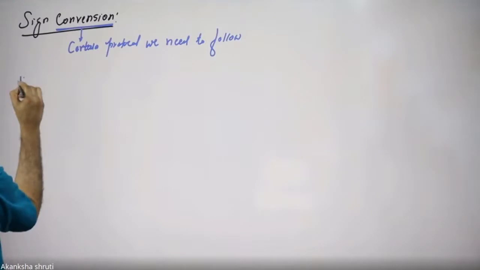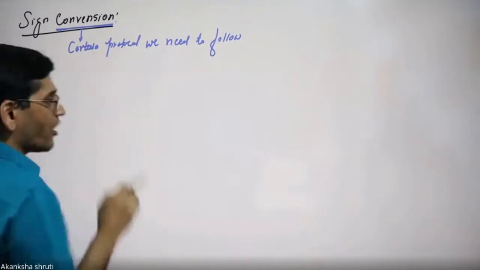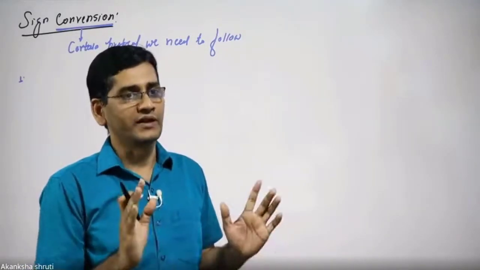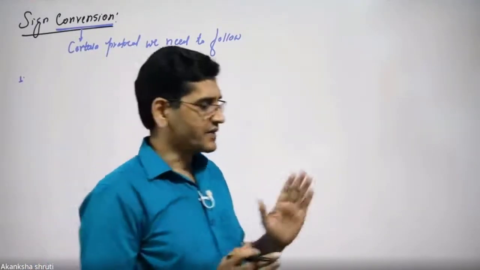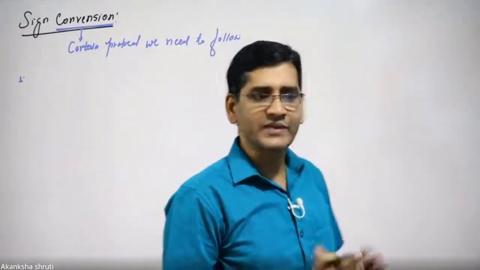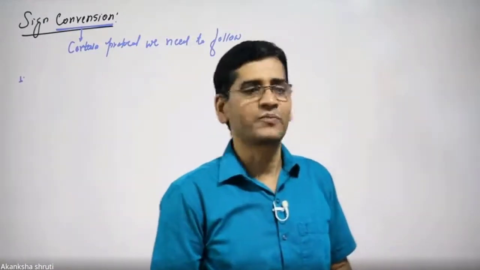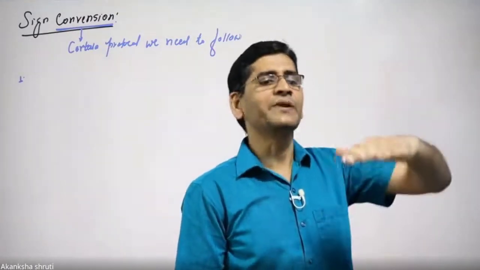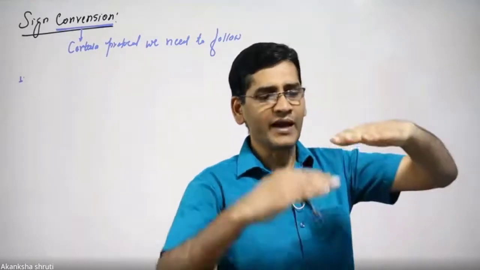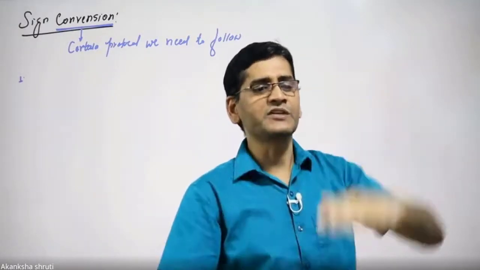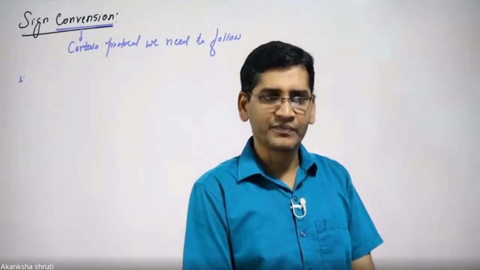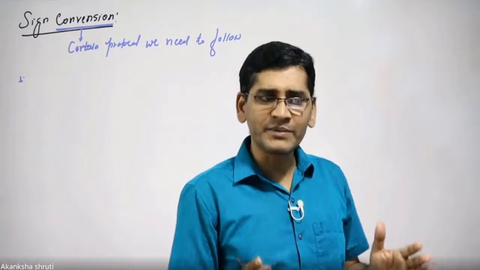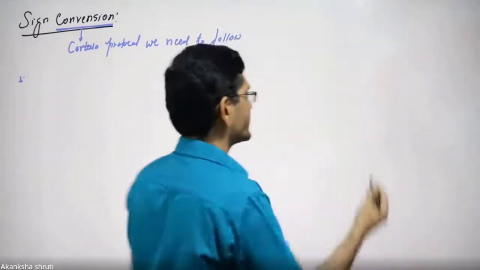The first convention is, all distances should be measured from the pole only. The next one is, distance on the left side of the pole is taken negative, and distance on the right-hand side of the pole is taken positive. Another one is, height above the principal axis is taken positive, and height below the principal axis is taken negative. All these conventions are nothing but the same as our coordinate system.